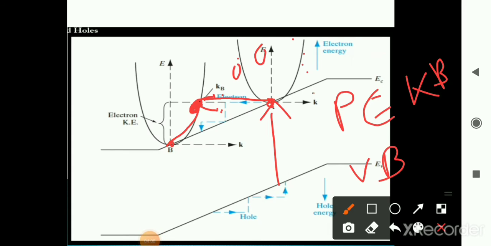So what we can say is, when an electron is excited from the valence band to the conduction band, it has got potential energy. At that position, A, it is surrounded by many vacant places, because an electron is not going to sit at one place. It will jump to another state, that is KB. Then it will get kinetic energy. That position is also not stable, and it loses its kinetic energy and comes back to point B, the same position as A, but at position B the potential energy is lower compared to the potential energy at point A.